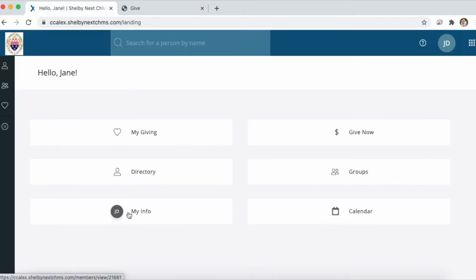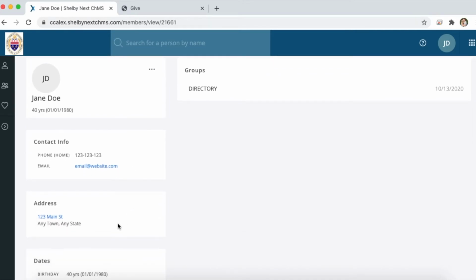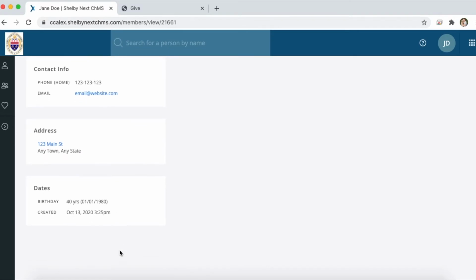Now let's go ahead and click on My Info. This will show us our profile. We see our name up here at the top, as well as our birth date. Now keep in mind that no one else is going to see your age. They'll just see your birthday date, not your age. We scroll down and we see our contact info with our phone number and our email, our address, our birthday,